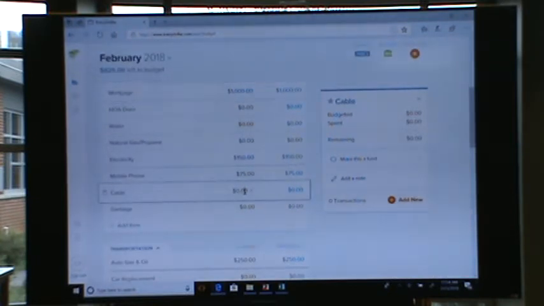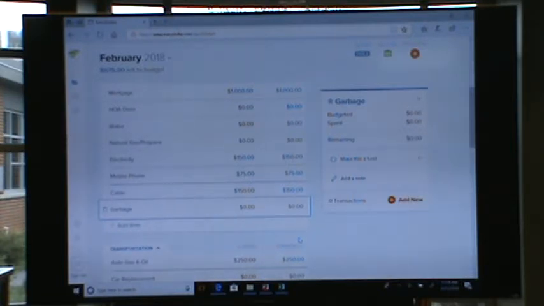So if you had $150 that you're paying towards cable, and again, that's another area you can free up money, get rid of cable and free up some money for whatever goals you're trying to go for. And it will continue to deduct that.